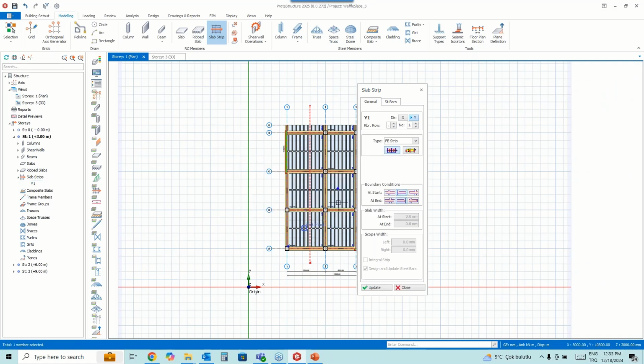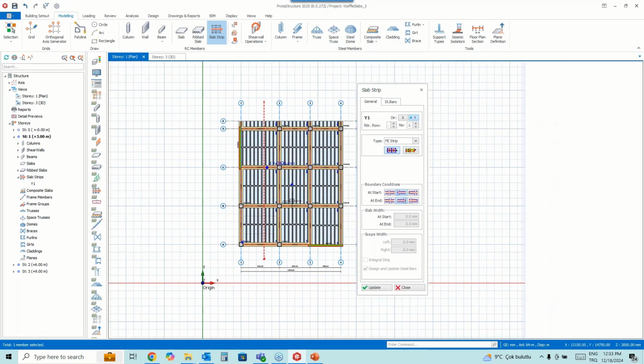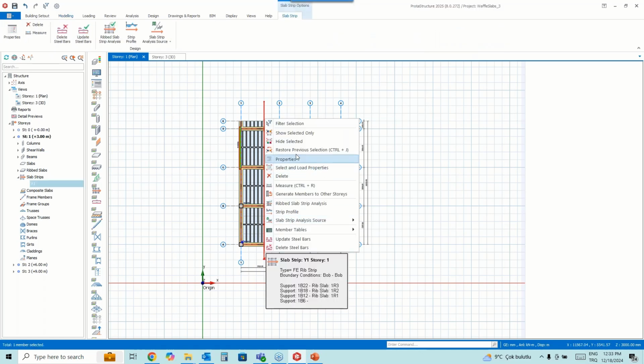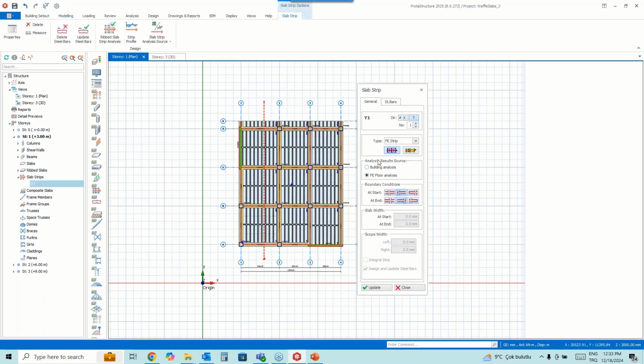As seen in here, the software is giving a warning that you are using the finite element strip, but there are no results. But in the finite element strip, if you select building analysis, let me show again. Here, there are some analysis source options.